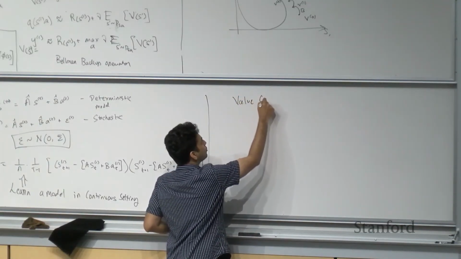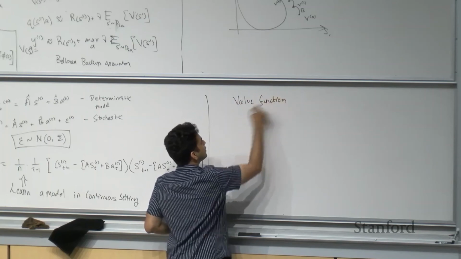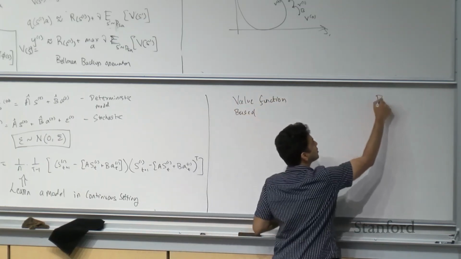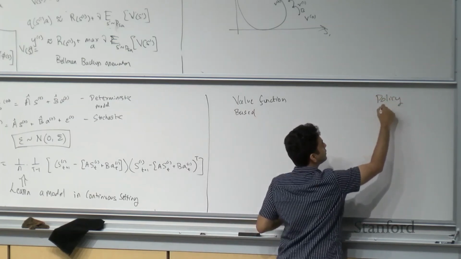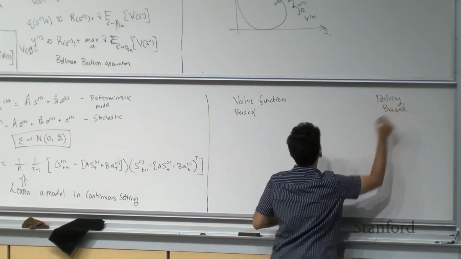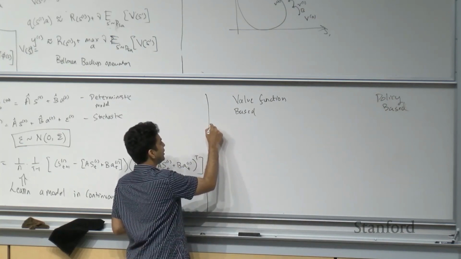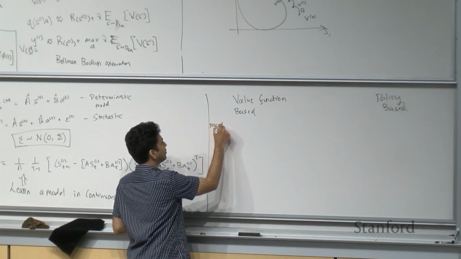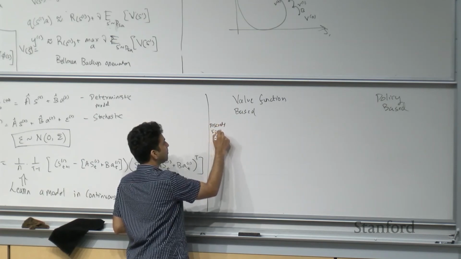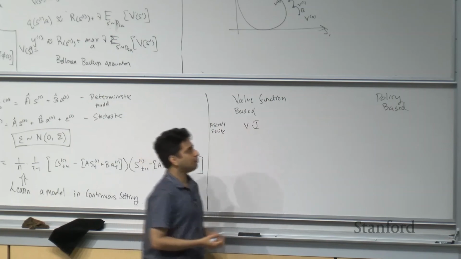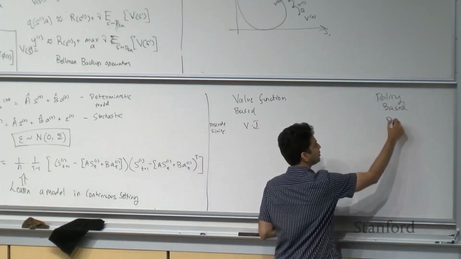So value function based approaches versus policy based. In the simplest setting, when everything is discrete and finite, the value function approach is basically value iteration, and the policy based approach is basically policy iteration,